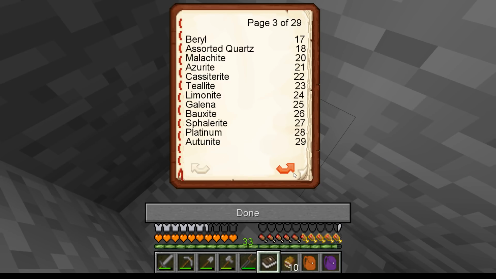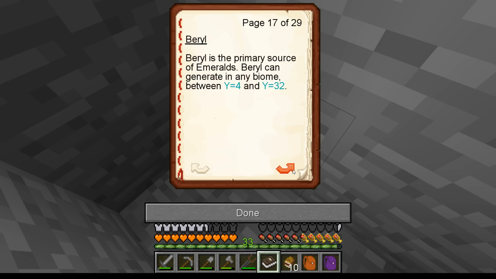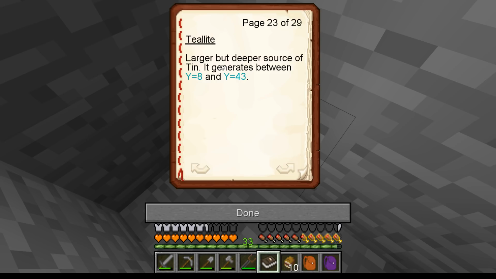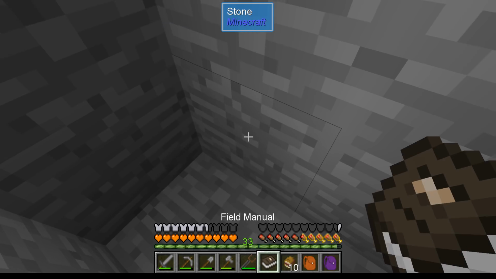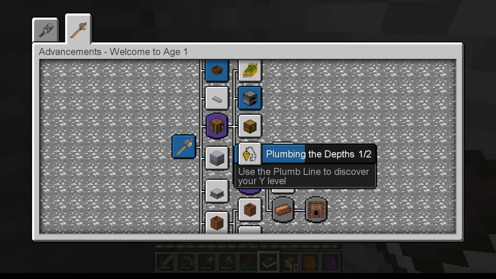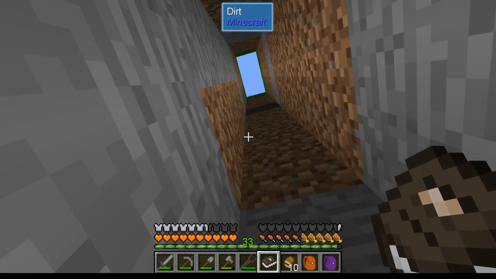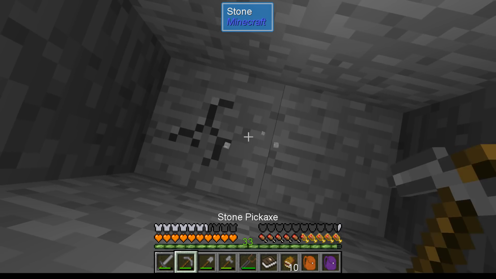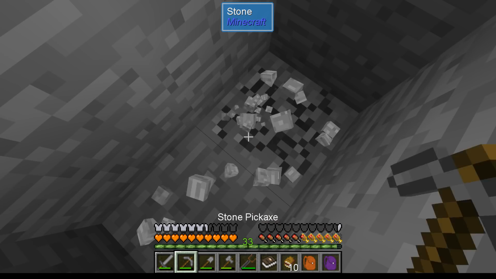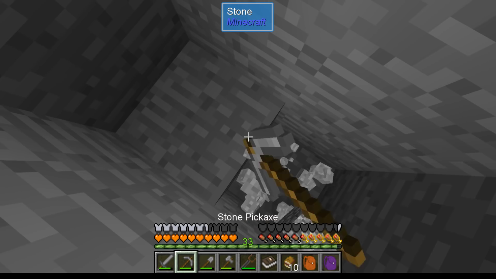and go for tealight, page 23. 22, 23, larger but deeper between Y8 and Y43. Now we don't know what our depth is at this moment. We need a plumb line to discover your Y level. Why that would tell me my depth, I don't know. But it doesn't matter. We know we need to go down, so we can just keep chunking down,